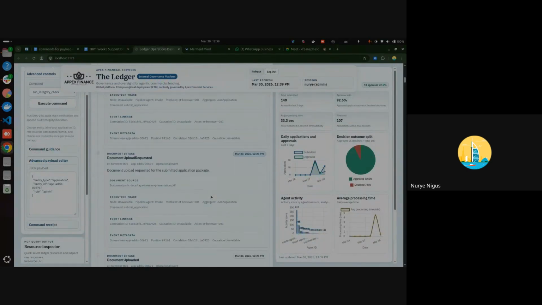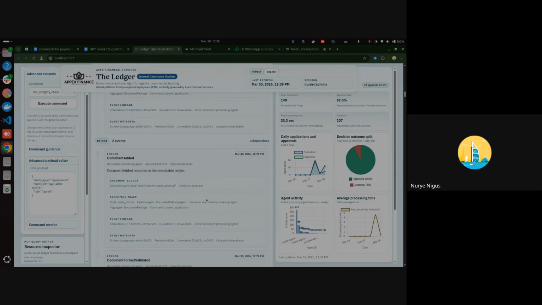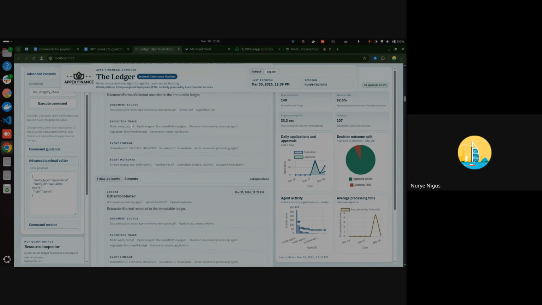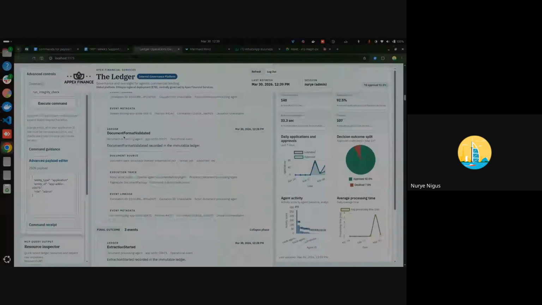Let's expand. As you have seen, there are a lot of events generated. From here, we can see which event is produced from which node. As you know, there are 6 nodes in our state graph. One of them is the write output, so this event is produced from this one. The agent is the document refinery agent, and the aggregate is related to the document package. I have actually used 5 aggregates. I didn't use all 8,